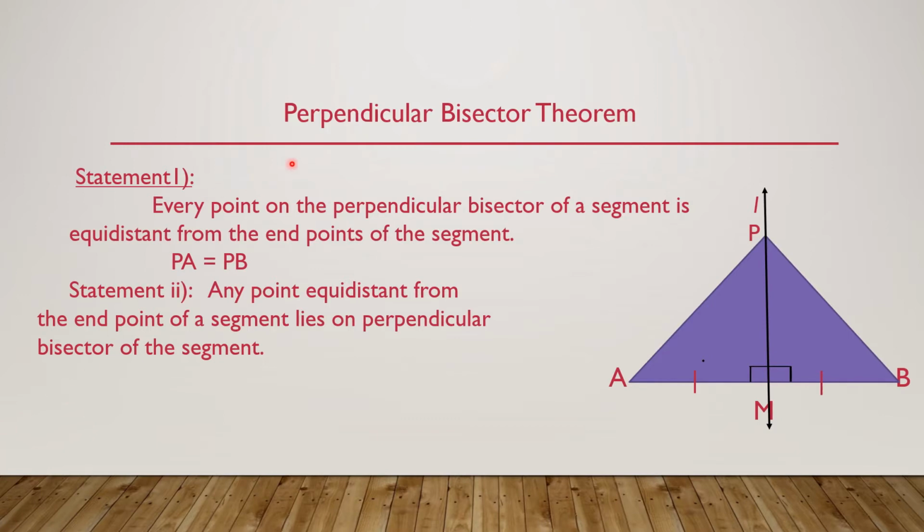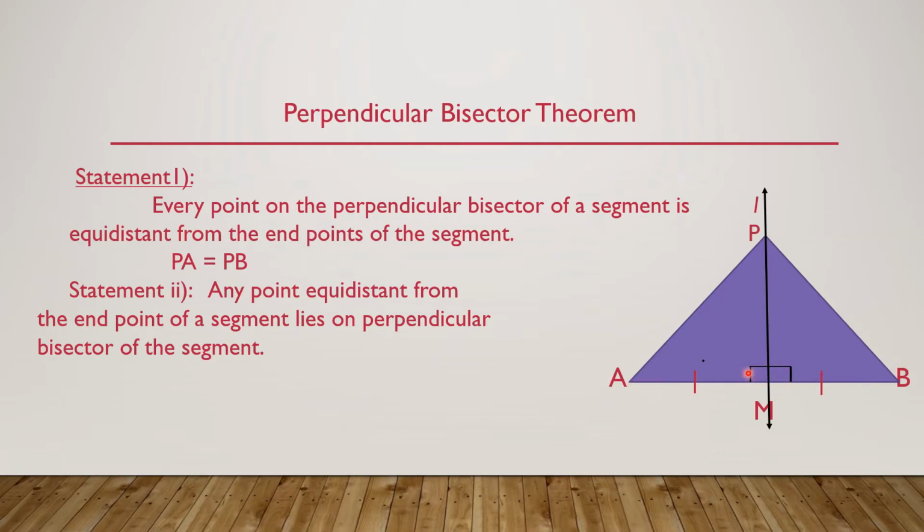Yes, children, in this section we will discuss the perpendicular bisector theorem. Before that, just to explain the perpendicular bisector of a line segment. Here, draw a segment AB of convenient length and label its midpoint as M, and draw a line L passing through the midpoint M and perpendicular to the segment AB. M is the midpoint, therefore MA is equal to MB, and angle PMB is equal to angle PMA is equal to 90 degrees.